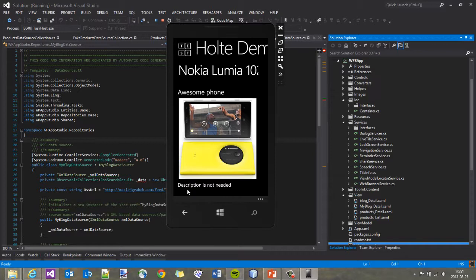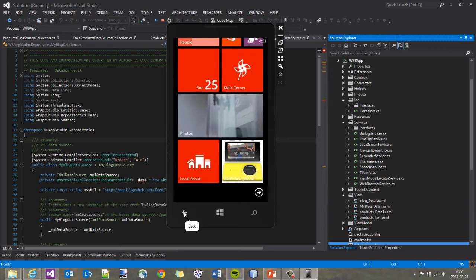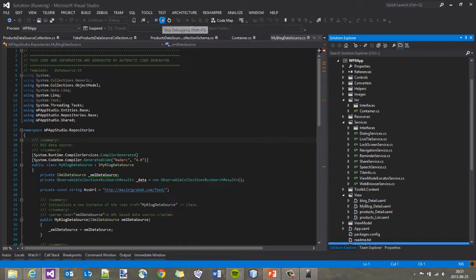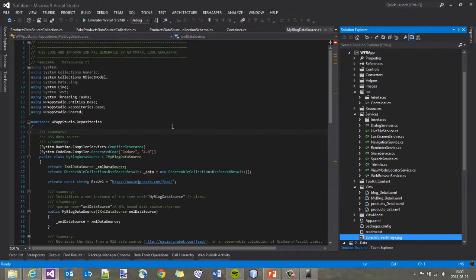Of course, on emulator it is not working, as the share functionality requires an email account to be configured here. Okay, we can go back and we can stop debugging because I would like to show you one more thing